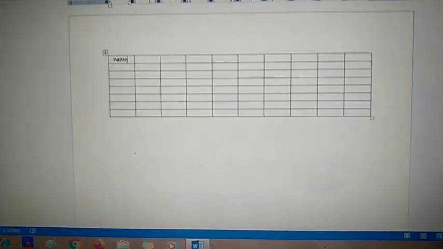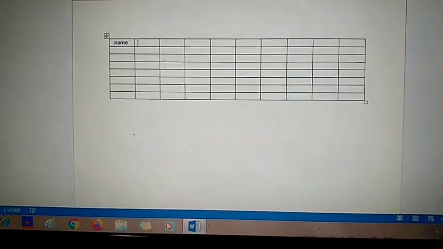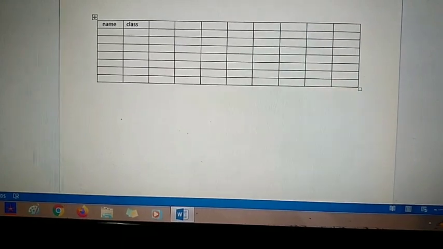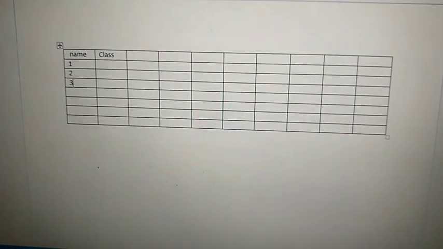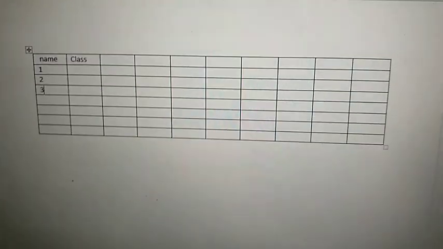Simply, you will click in the cell where you have to write, and anything you want to write, you can write like this. Click here, now write here. Using the Tab key you can move to the next cell like this. Using the up and down keys you can move up and down, left and right. Any type of information you can enter like this. So like this you can enter information into your table. That is known as entering data into the table.